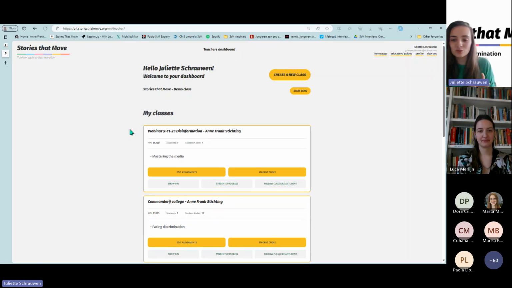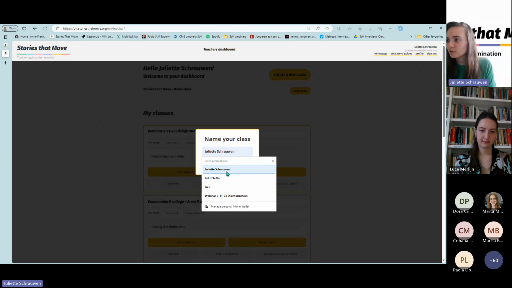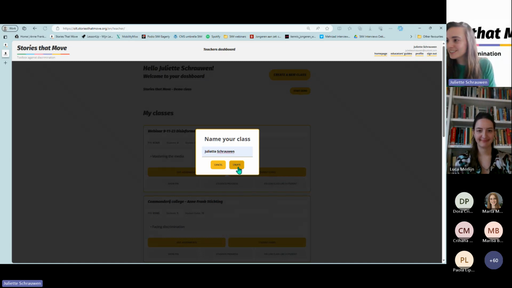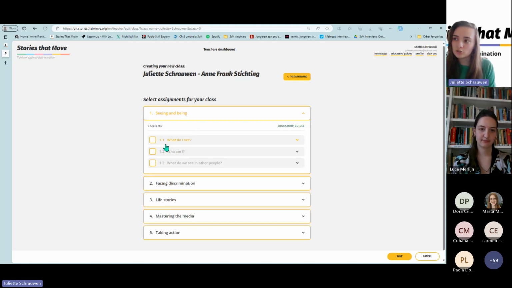But before I take you to the tool, I want to give you a little insight in how it works when you make a class. You click create a new class and give it a name. I will just use my own name to make it easier. Then you click create, and you can see all the learning paths, and you can select what you want them to see.